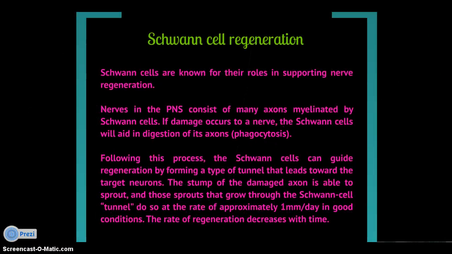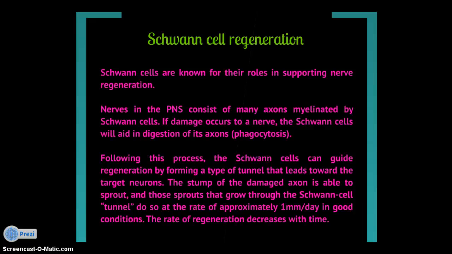Now we have Schwann cell regeneration. Schwann cells are known for their roles in supporting nerve regeneration. Nerves in the PNS consist of many axons mediated by Schwann cells. If damage occurs to a nerve, the Schwann cells will aid in digestion of its axons, phagocytosis. Following this process, the Schwann cells can guide regeneration by forming a type of tunnel that leads toward the target